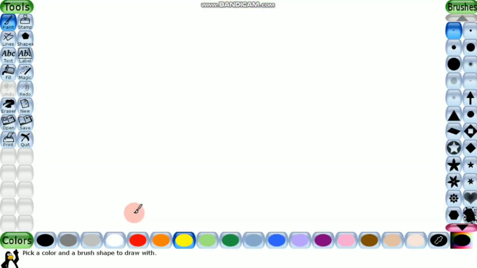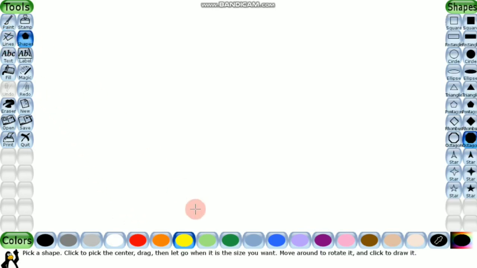Fine. Now the next one is the edges effect. It is a very unique feature in Tux Paint. We can differentiate the edges from an already drawn image. So now see how it works. First of all, draw any shape.